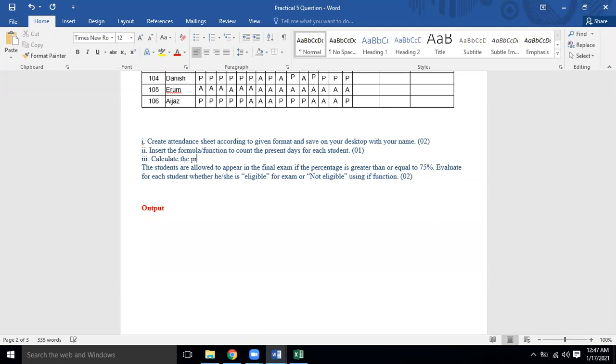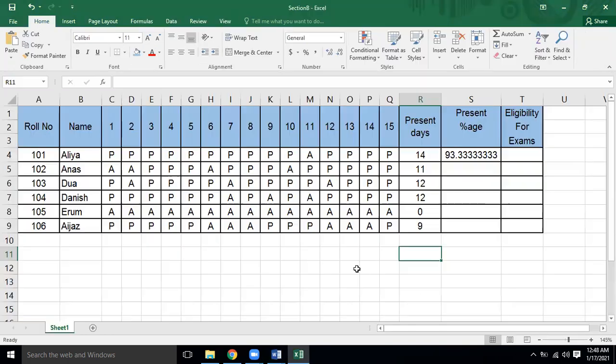Calculate the present percentage for each student, and it will also be for 1 mark. Now I think it's better, and 1 mark is there to calculate the passing criteria. Anyway, we have done this third point. Now we have got this fourth point. So I think this is the way that we can do this job.